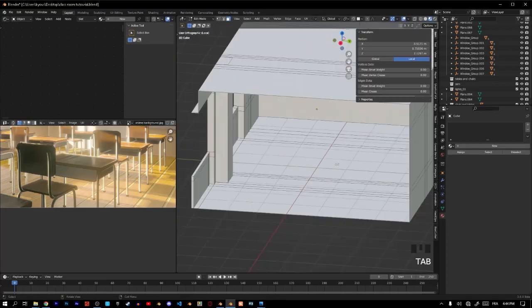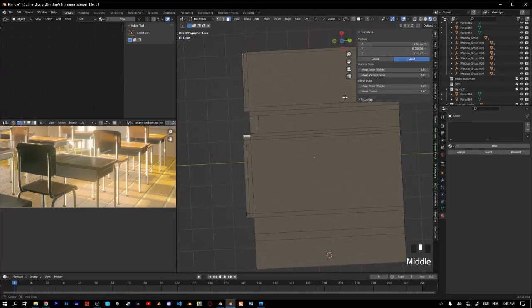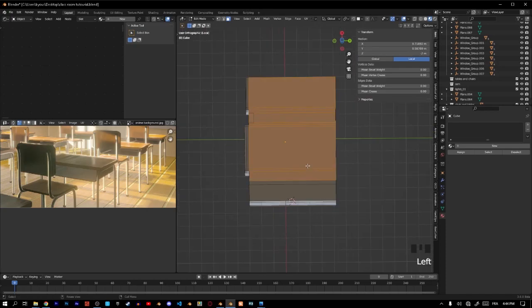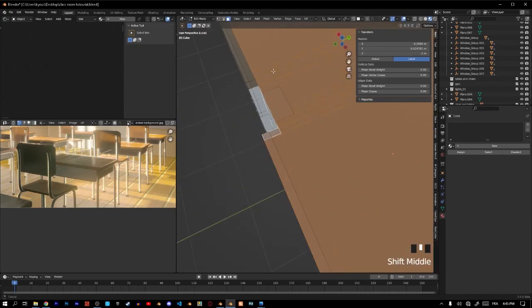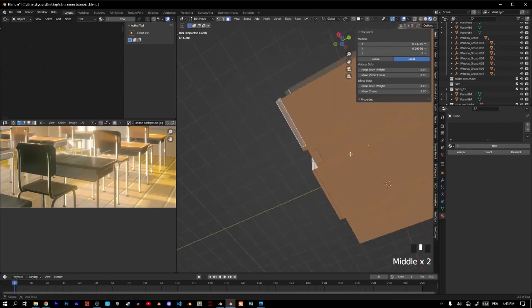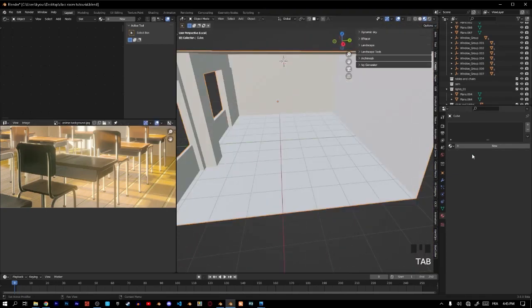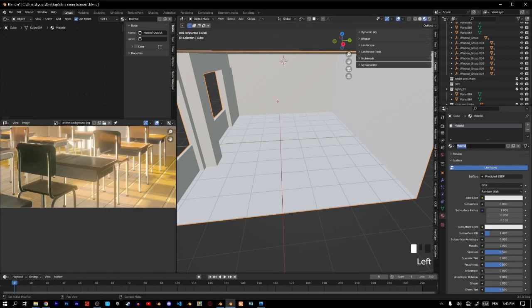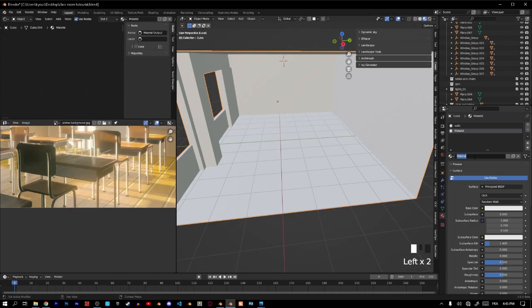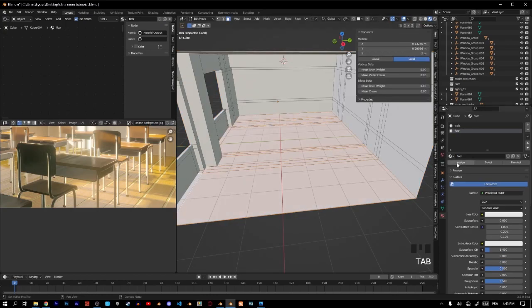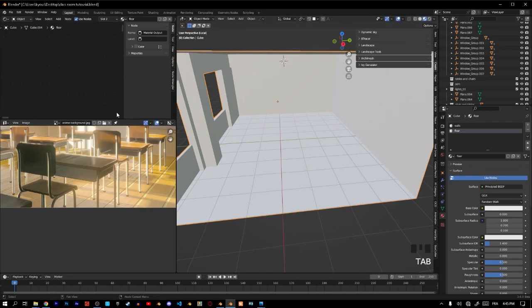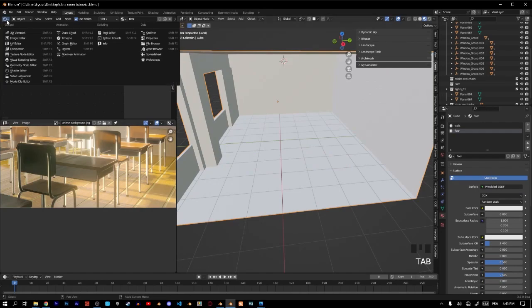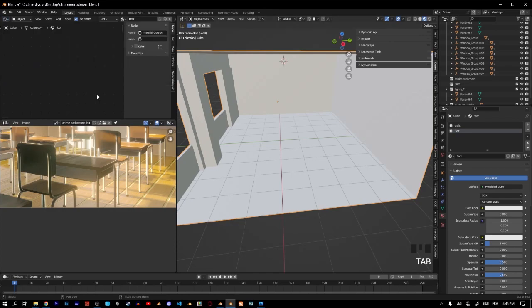Okay, let's go to edit mode and we should be able to select the floor. So select these faces, select this face and this face, and we should be able to add a new material here. I'll call it walls and add another material and call it floor, and go to edit mode and assign that material for that floor. And now if we go to the shading workspace here, shader editor, and collapse this window here,